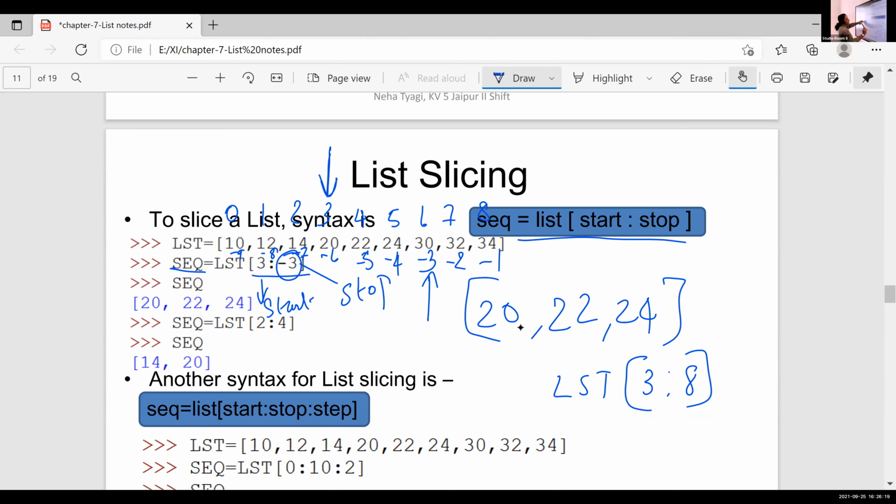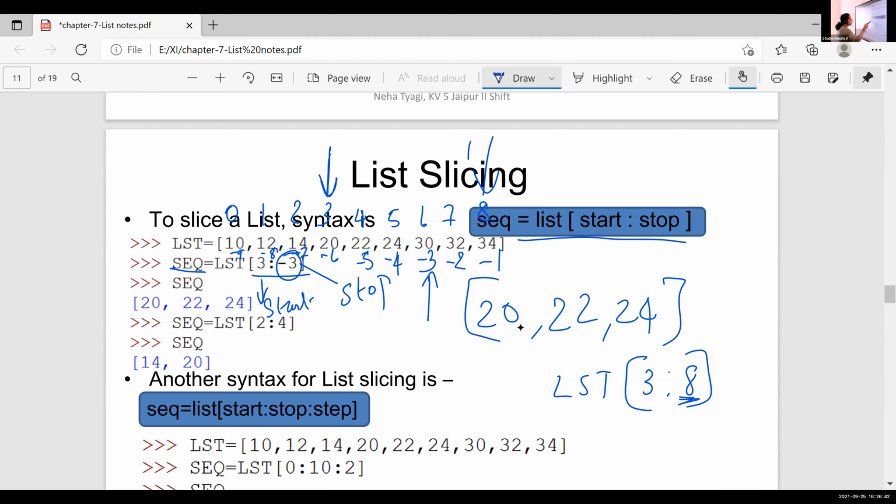So here we are using only positive values, so there is no need of writing the backward indexing. You just write the forward indexing values. Okay, so 0, 1, 2, 3 to 8. We are starting from 3. So 3 is 20, then 22, 24, 30, 32. Stop value is 8.